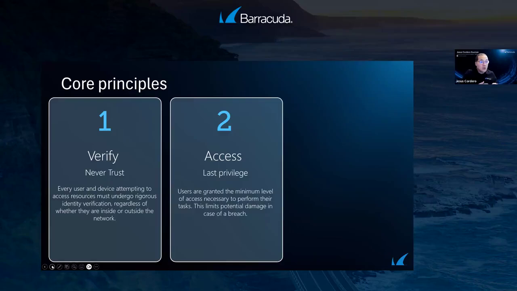So I can know that Matthew or Martin or Rebecca or whoever is going into the company is going to have access only to the things that they need to fulfill their job in the company. And I can verify when, who, what, how long they have been doing something. This is the second core principle.